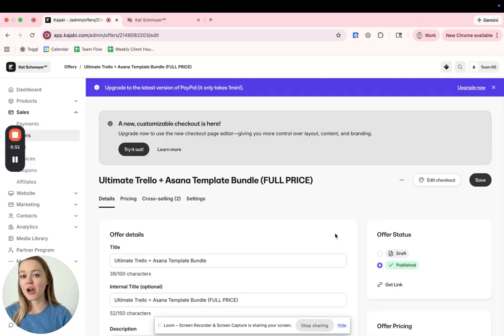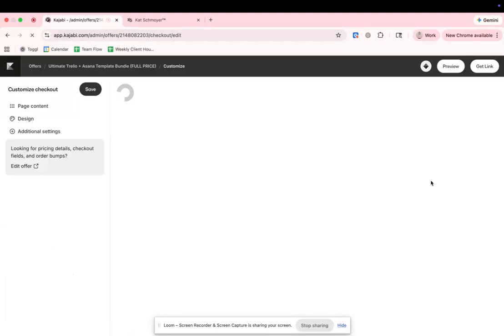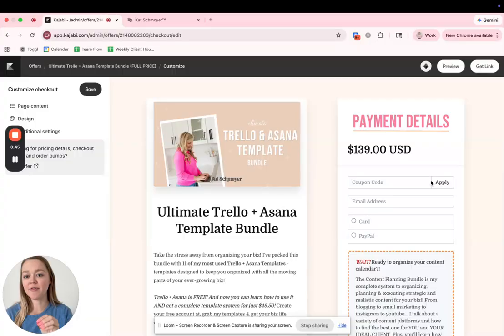So let's first talk about a couple of things that you can do visually on your checkouts to make them convert better. When you're in the back end of your checkout, I'm going to go over to edit checkout and I'm going to show you what it looks like when I'm editing the visual piece of this. Now, we have some custom code on ours. As you can see, this looks a little bit different than what a typical Kajabi checkout looks like. And the reason for this is we just wanted it to be one, more visually pleasing, and two, more on brand for us. But there's things that even if you don't have this code added